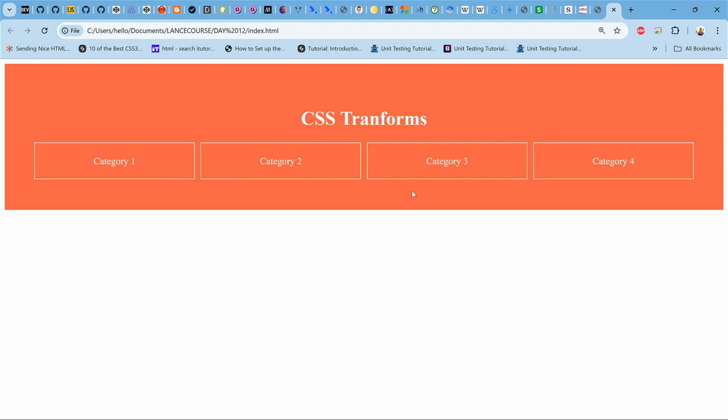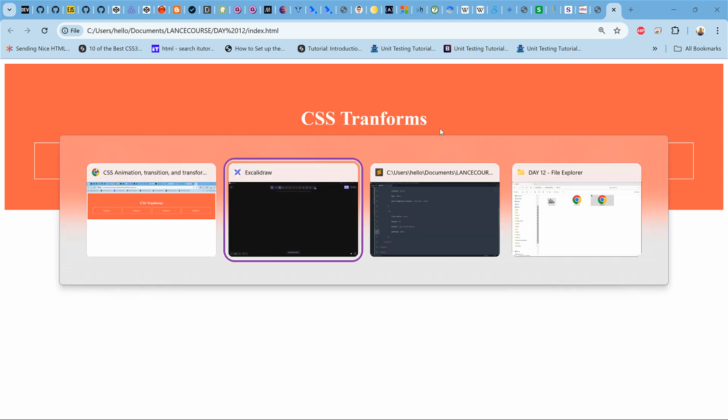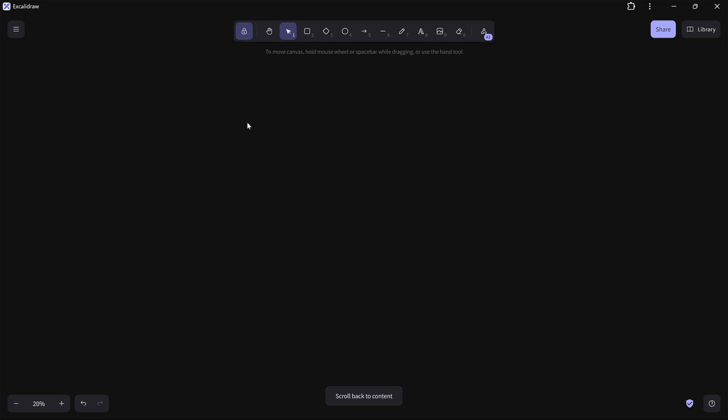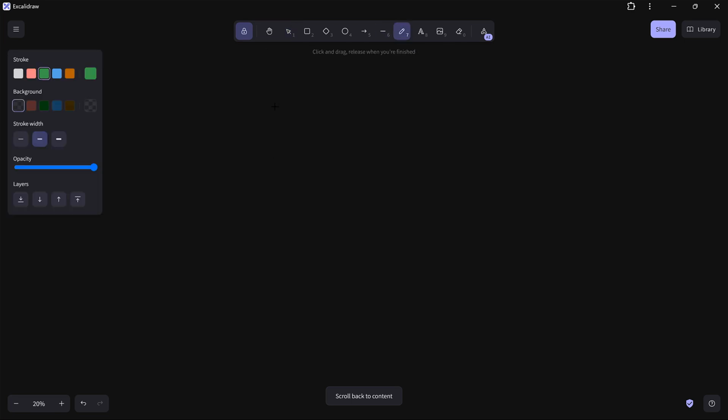With this in place now, let's look at the first thing we want to study today, which is the transforms. So CSS transforms. What is a transformation or transforms? A transformation is basically changing the shape of something. Let's assume we have this element, which is maybe a heading 1, and we know that the heading 1 lies in a block element, so it is a block element. It means we could probably change its shape into something like this,